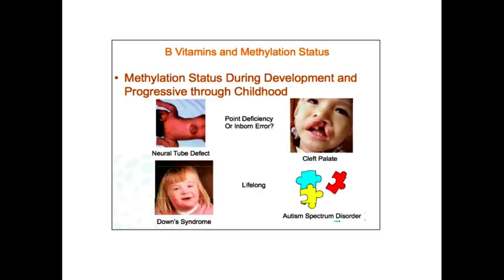Okay, let's see. So we know that if there are methylation issues, look at all the different things that can happen. When a woman is pregnant, one of the first things their doctors do is they put them on folic acid. And hopefully the good doctors are putting them on 5-MTHF. Don't take the risk. All right? And that's to avoid neural tube defects, the meningeal myeloceles that you see on the top left, the Down syndrome, cleft palates, or hair lip,